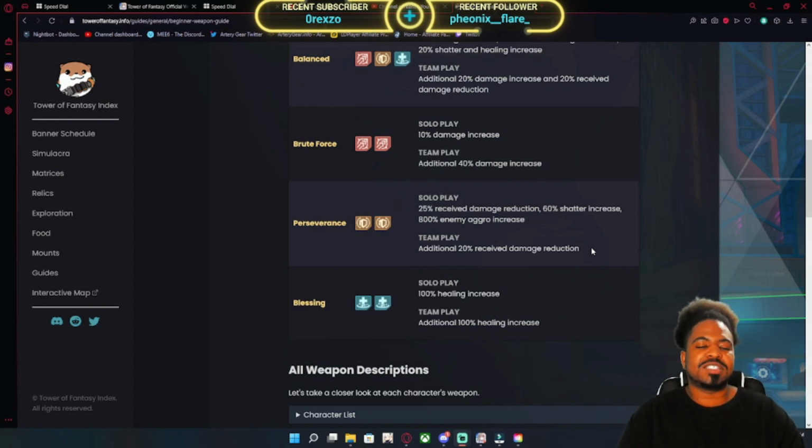Blessing, this is your healer role. Solo play, 100% healing increase. Team play, additional 100% healing increase. Now, even for somebody who's going to be focusing on healing, this is probably not the best because, like, I have to...